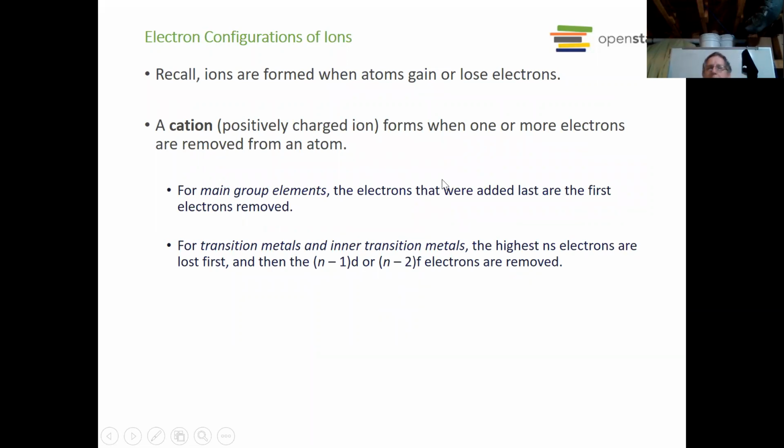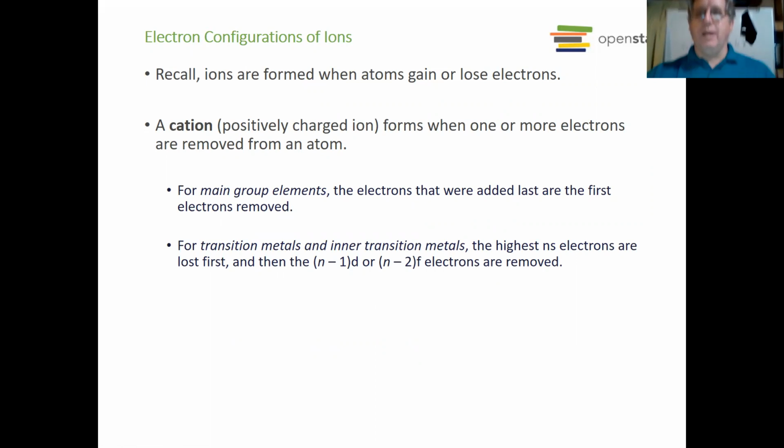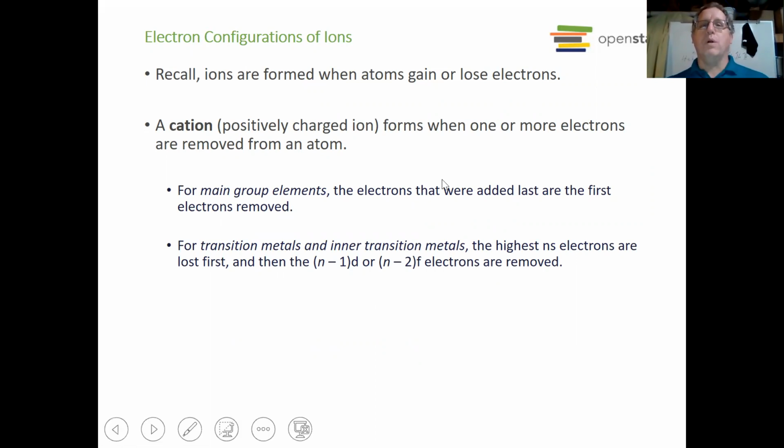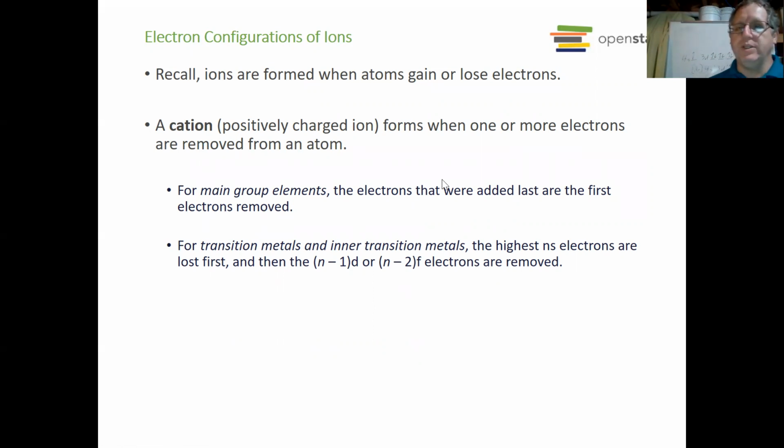Now, we can also represent ions. Everything I've shown you so far is showing the atoms that have the same amount of electrons and protons. But what about a cation, which is a positively charged ion? Remember that happens when an atom loses an electron. So if the atom loses an electron, I am going to have more protons than electrons. But what we're going to see on the electron configuration, if we go ahead and look at the one that I wrote on the board here,